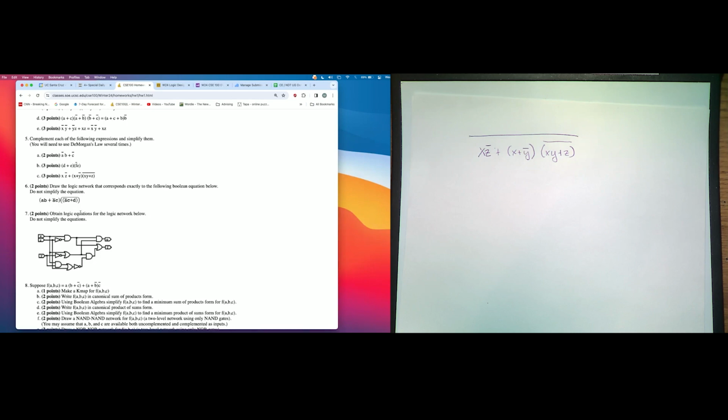Would it be wrong to simplify it a bit first, then complement, and then simplify some more? No, you can do that. It's not wrong. Like any algebraic manipulation, there are different ways of getting to the right answer. Some are longer than others, but as long as they're correct, there's no problem.